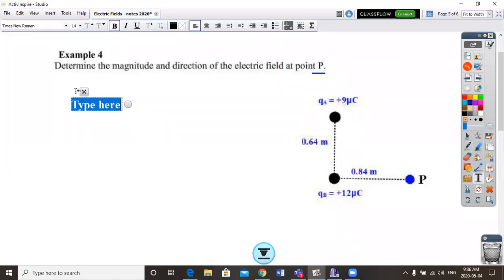So if we want to start with how we're going to figure this out, the total electric field is going to equal the field at point P due to charge A added to the field due to charge B. Okay. And we know that field is equal to KQ over R squared, so we need to find the distance. So first things first, we need to find the distance due to charge A,